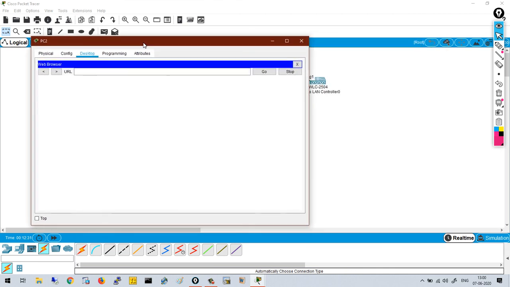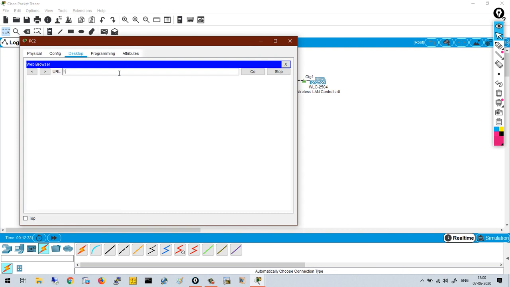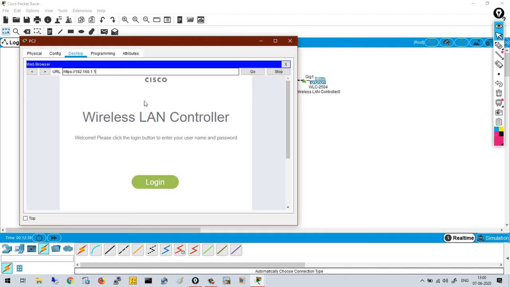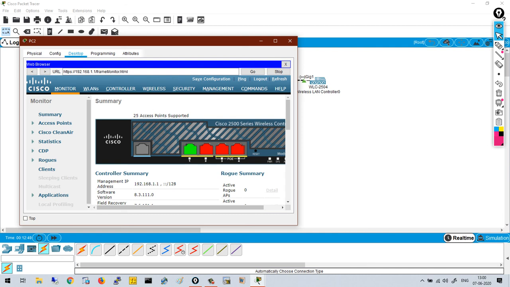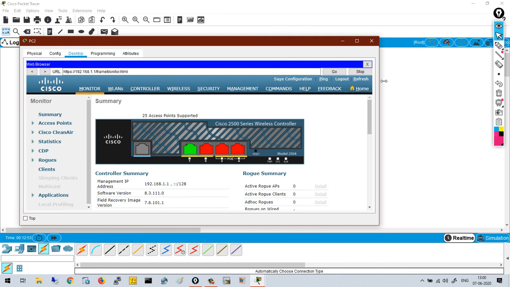This time when you are accessing your WLC, please make sure you are using HTTPS. Now click on login. Use the same username admin, password Cisco@123. Login. You can see here it was saying your username password is incorrect, but it allows me to log in. So these are some bugs in Packet Tracer.